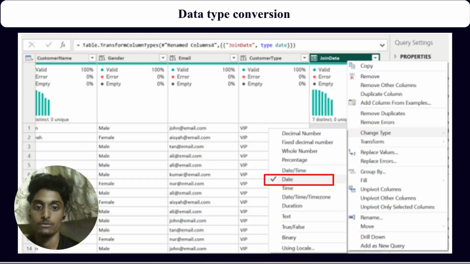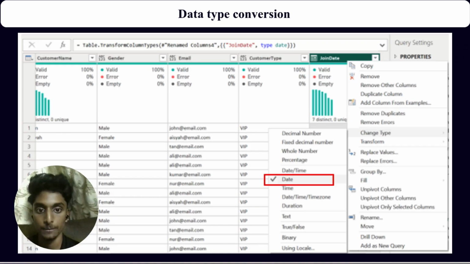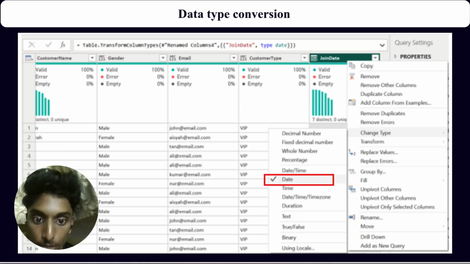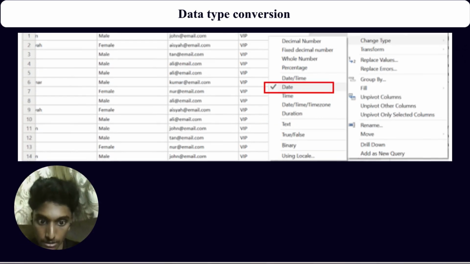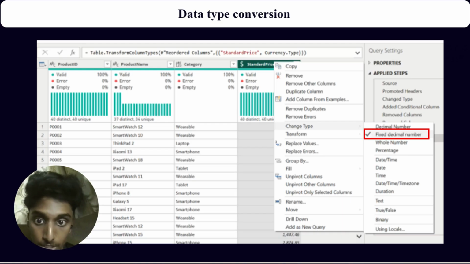So here, for the first one, we choose data type conversion. As we can see here, the join date, we change the data type to date so that the format will be exactly the same for every column. And the next one is for the standard price in